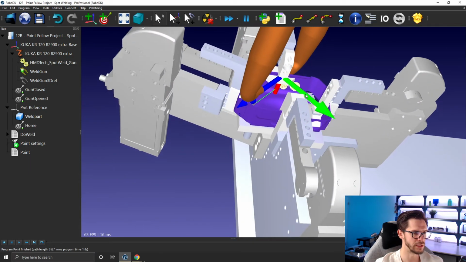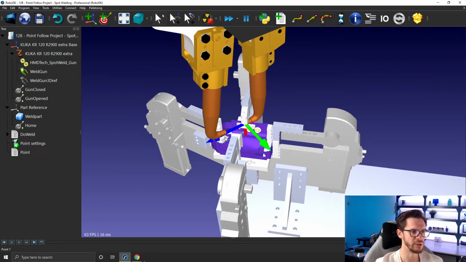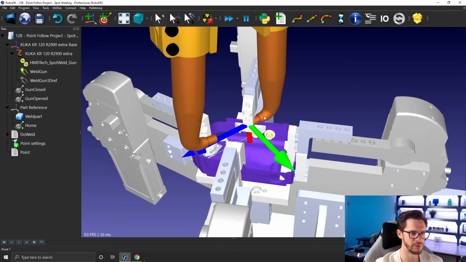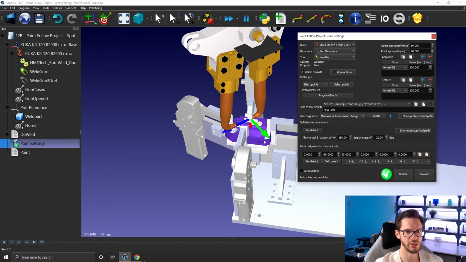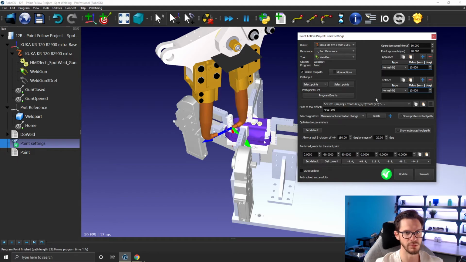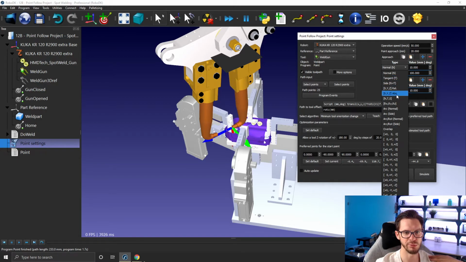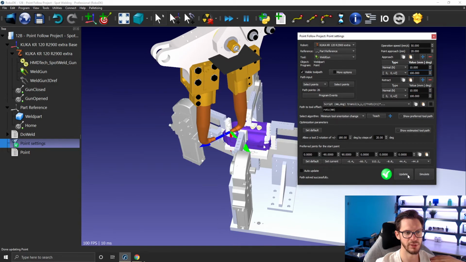So now what we can do is, first we need to take care of 2 things. First one being not having a retract that is so big that we're colliding here. So I'm gonna go ahead and change the approach and retract movement for just 10 millimeters normal to the path. So if we update that and simulate, that's already better. Now we need to have something moving upward. So what I would do is just add here and select potentially just Z plus for 100 millimeters. Copy that, paste that, update,